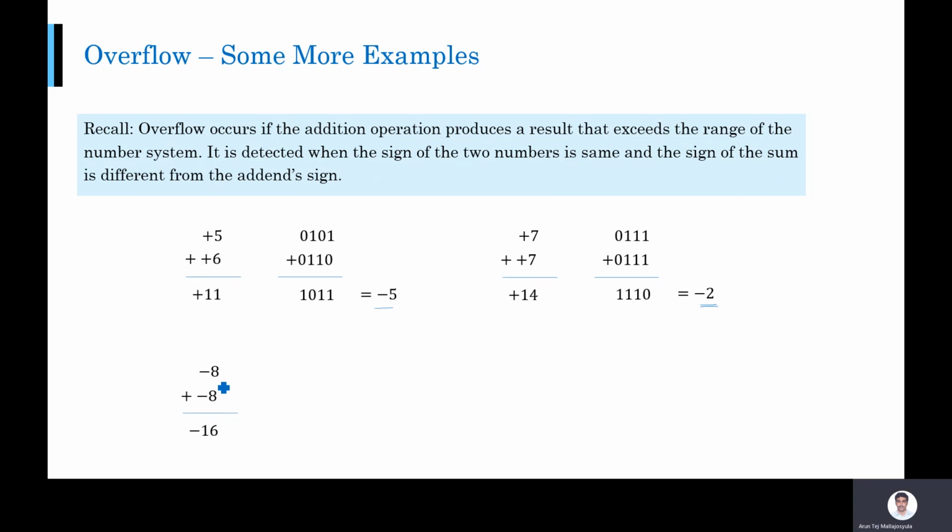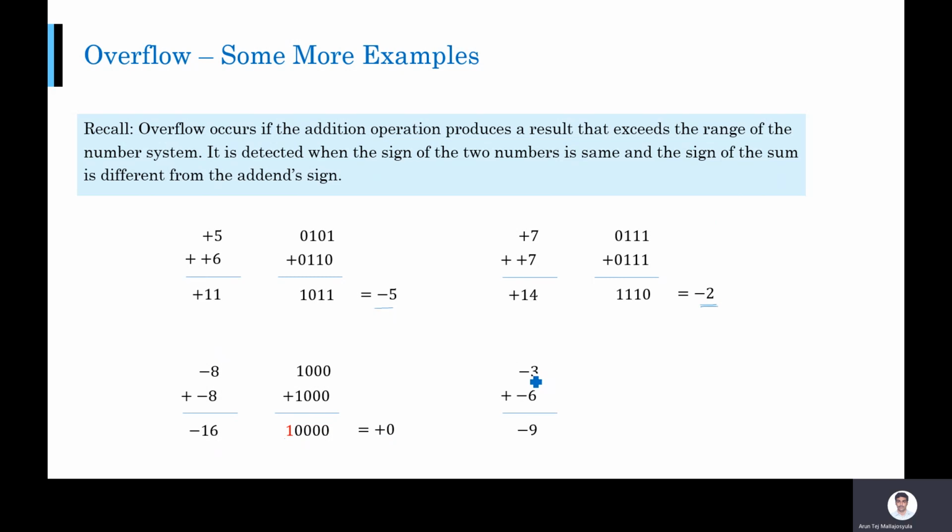Because in 2's complement representation, the range is from -8 to +7, right? So -8 and -8 I can add. I can't do this in 1's complement because in 4-bit representation, the 1's complement range is only from -7 to +7. So -8 plus -8 is -16. You do this addition, you will get 0, 0, 0, 0. The carry is out of range, which is the 5th bit, which is not there because you are using the 4-bit representation, which is 0. Okay.